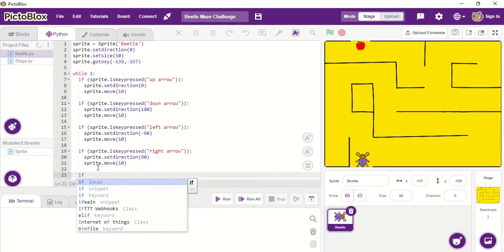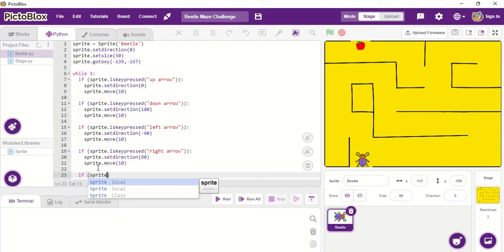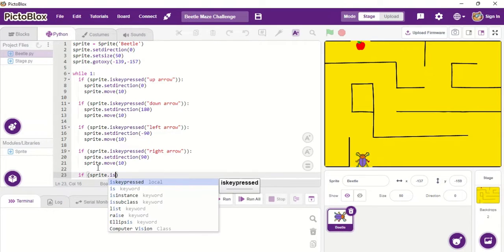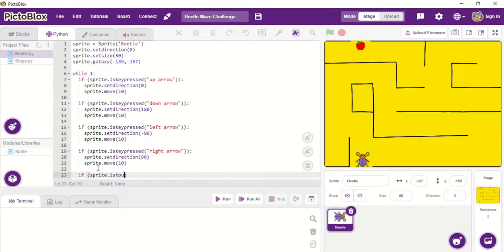If our sprite, in our case the Beetle, if our sprite is touching color. Okay, this color we have to program